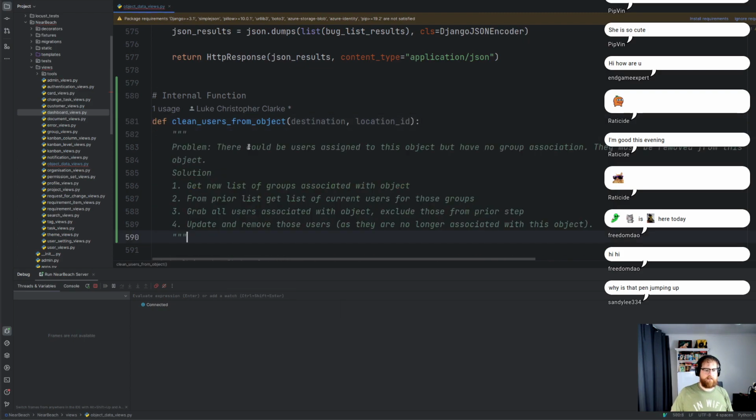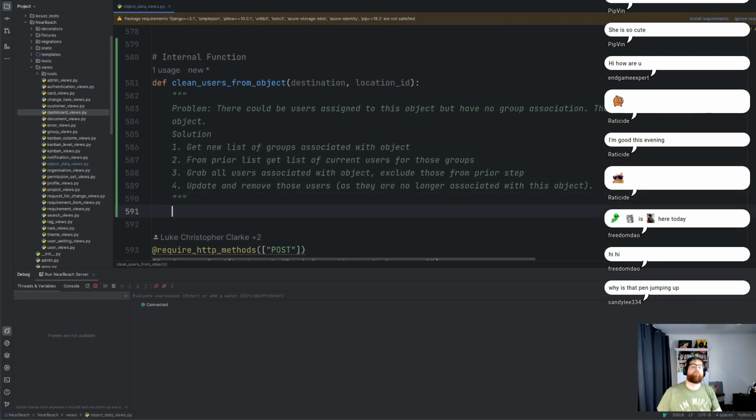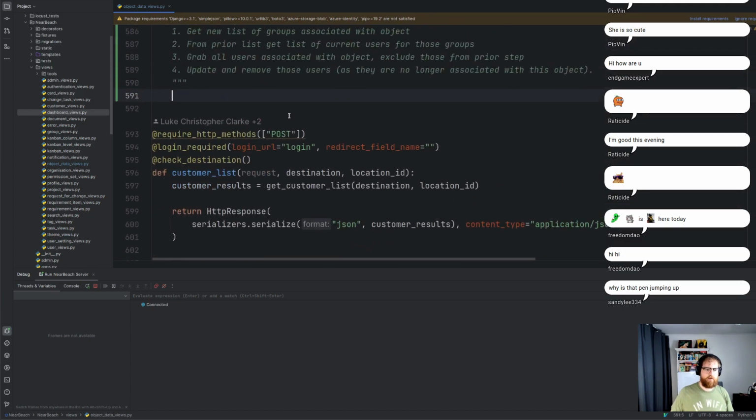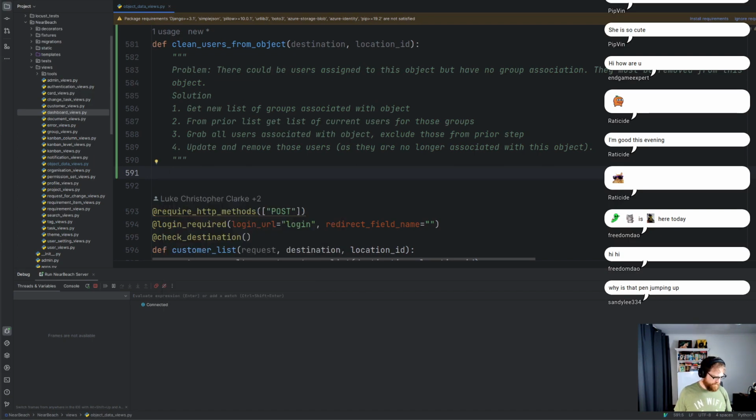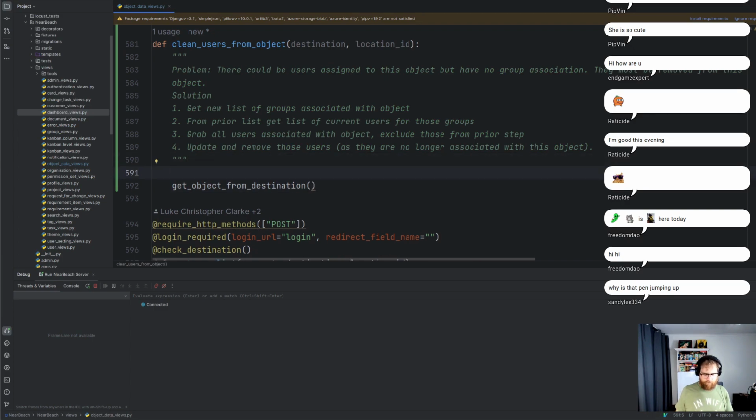And then I'm just pasting in this. Okay, cool. So the first thing we need to do is get that information. So we've got get, all right, it's because this will be happening in multiple places. Get objects from destination. This will be